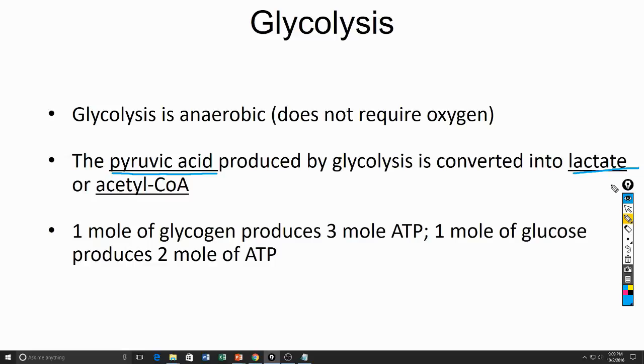Okay, so you can have lactic acid being produced, or you can have this thing called acetyl-CoA, which we'll talk a lot more about as we go on. But that acetyl-CoA molecule is used for aerobic metabolism, whereas lactic acid is not. So that's where the misnomer comes in, is what people are trying to say when they say that is,